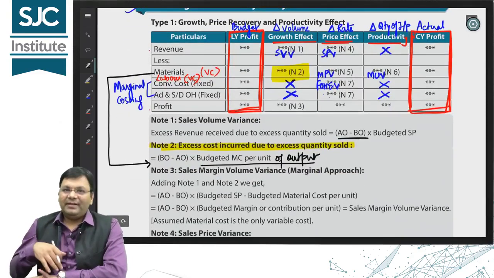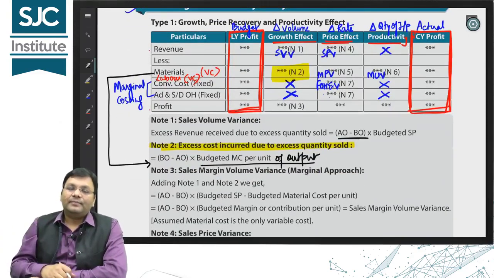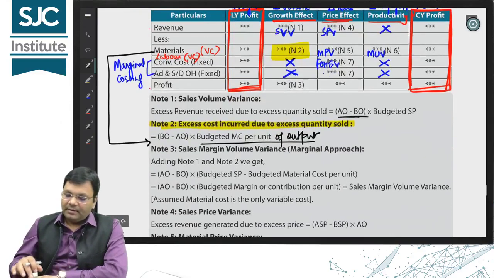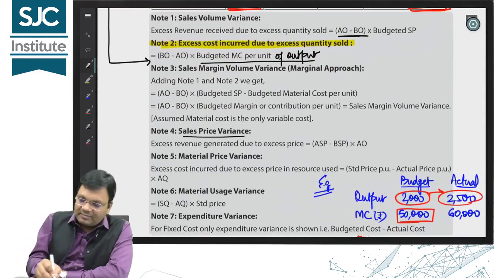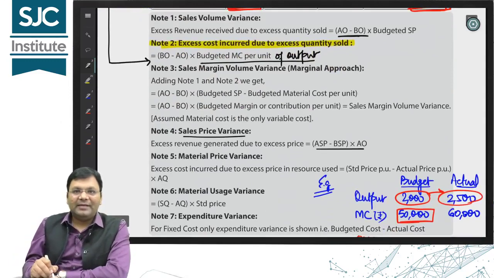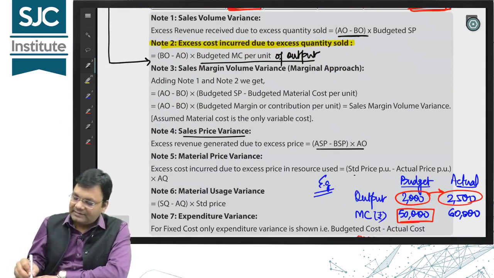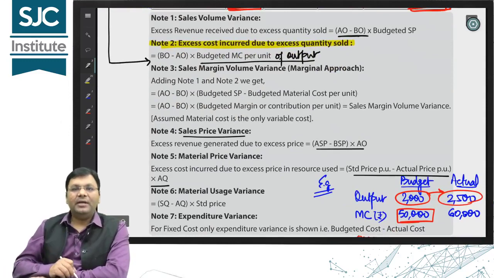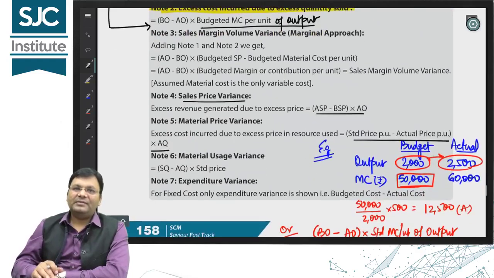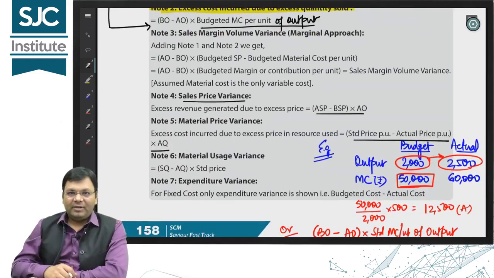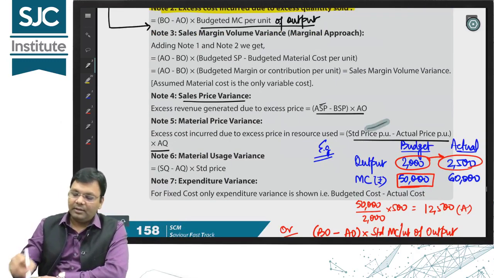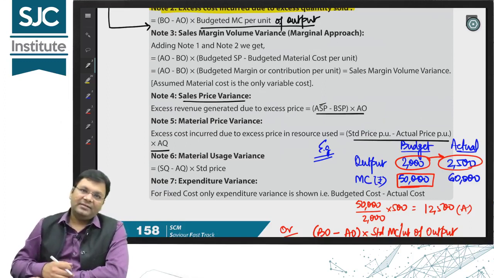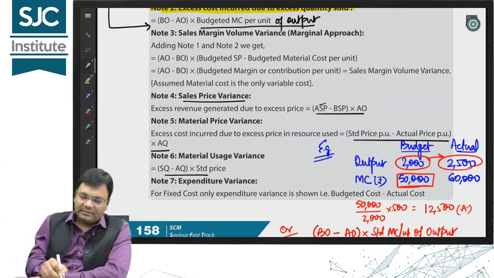For price variance, it is change in price multiplied by actual quantity. Okay. Change in price multiplied by actual quantities. For sales price, you can see change in price multiplied by actual quantity. For material price, change in price multiplied by actual quantity. And for obvious reasons, for sales, an increase in price is favorable, so we have actual in front. But for material, an increase in price is unfavorable, so we have standard in front. And usage variance is change in quantity into standard price.